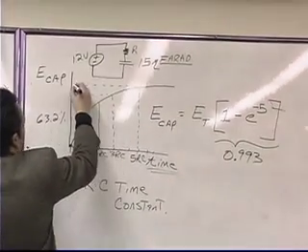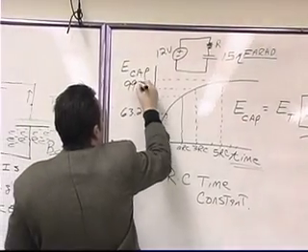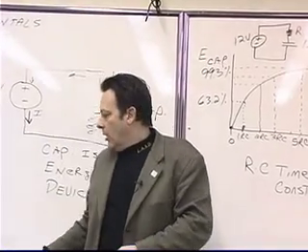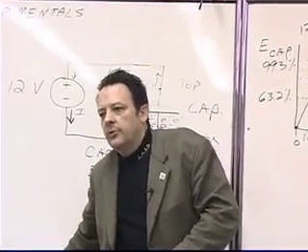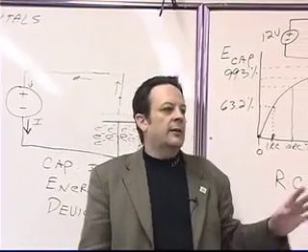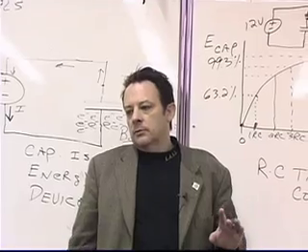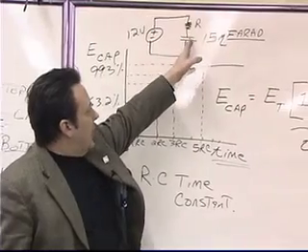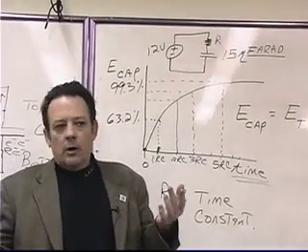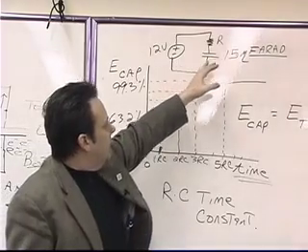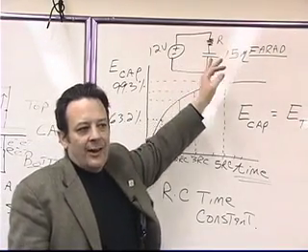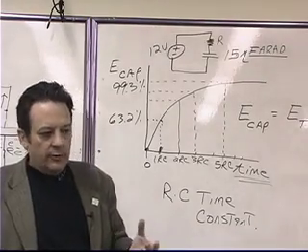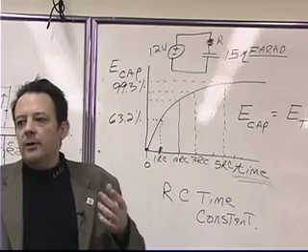capacitor has built up to 99.3% of the battery voltage. We call that fully charged. That's an industry standard. So what we say is that 99.3, good enough. Once the voltage across the capacitor is 99.3% of whatever the voltage on the battery is, then we say that the capacitor is fully